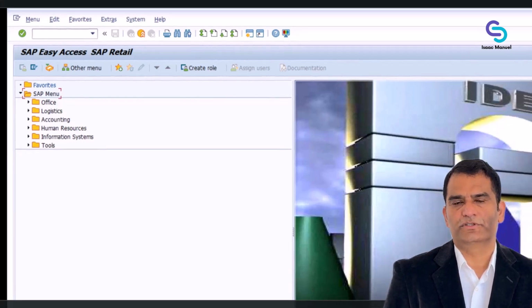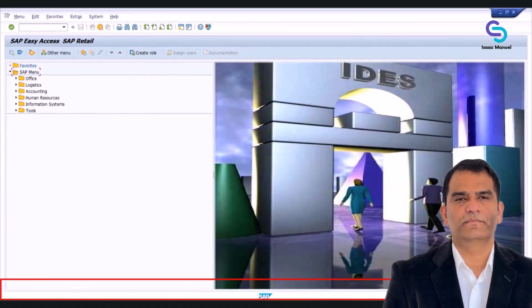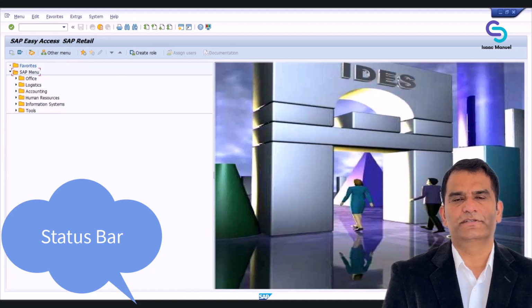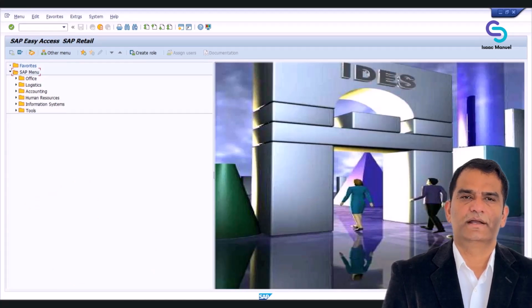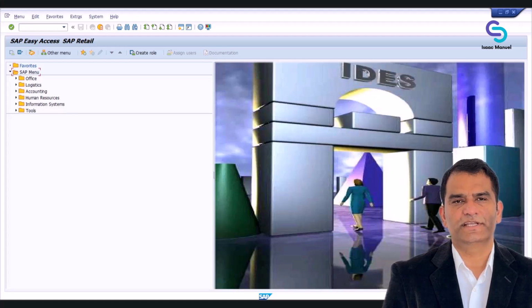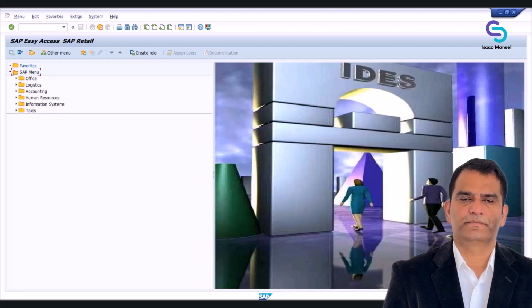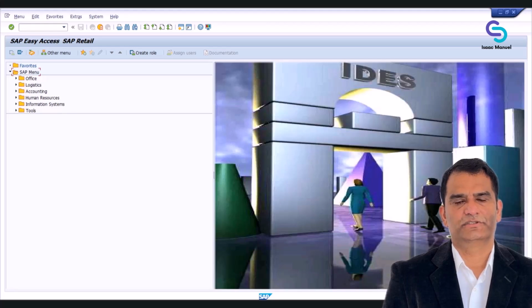At the very bottom of your screen, you'll find the status bar. The status bar includes important information such as system messages, warnings, error notifications, and various status indicators. It provides real-time feedback on your actions within SAP, ensuring that you are always informed about your current system status. Now, let's illustrate these components by going into a transaction and observing how the screen structure